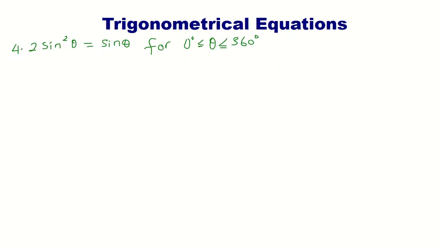Number 4, we have 2 sine squared theta equals sine theta. How do you go about this? I will put the sine theta on the left hand side. So I will have 2 sine squared theta minus sine theta equals 0. I'll tell you later on why it is not